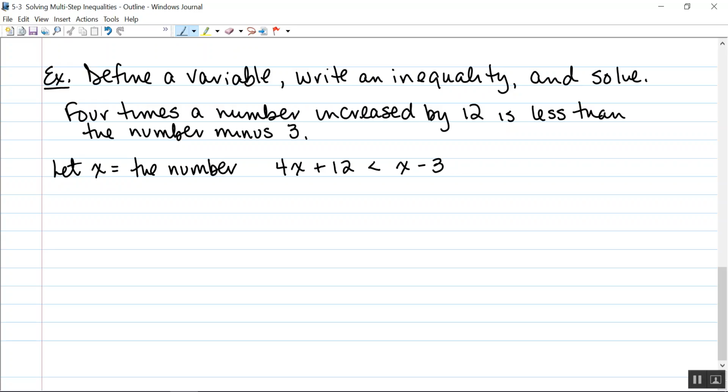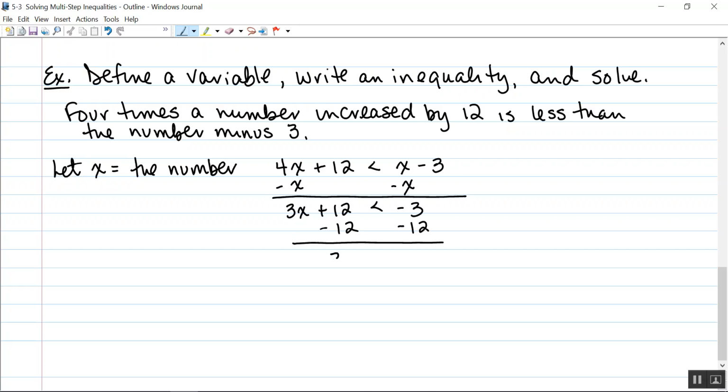Now I need to solve it. So I'll start by subtracting x on both sides. Gives me 3x plus 12 is less than negative 3. And I'll subtract 12 on each side. 3x is less than negative 15. And dividing both sides by 3, x is less than negative 5. And no need to flip because I divided by a positive even though there was a negative there in the